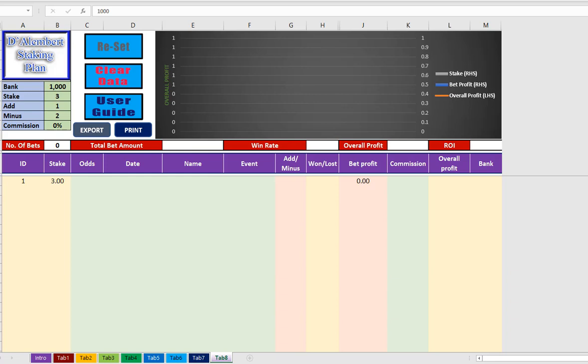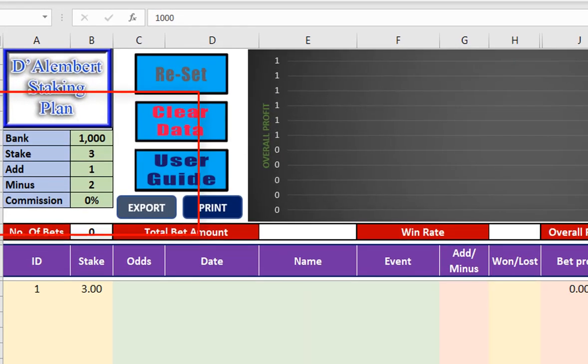As you see it here, I'm starting the series off at 3, because in this example I'm going to show you we're not using even money chances, we're using the first favourite in the Australian racing last Saturday here at the Metro meetings. But his principle was you start with a stake of, say, 1, and then if that loses you add 1. If you get a winner you minus 1.